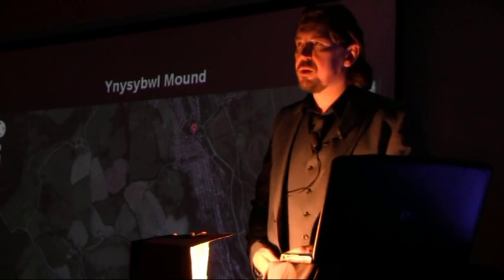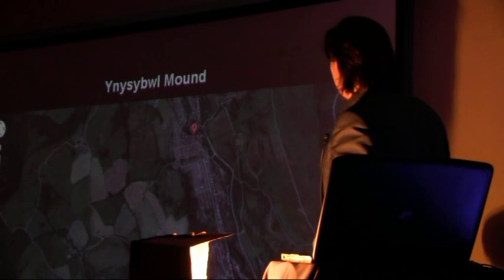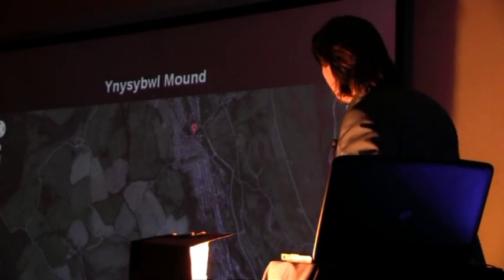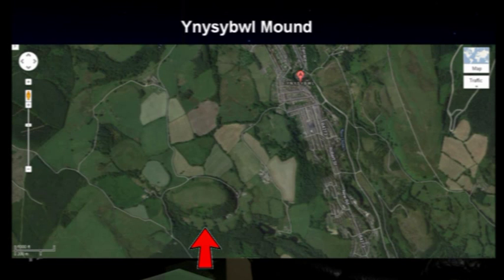Now, one of the mounds that Wilson and Blackett have written about is a mound at a place called Unesco Bull, not far from here. And this is it here. It's a naturally occurring hill, but on top of it, they claim that there's an additional piece of earth put on there,